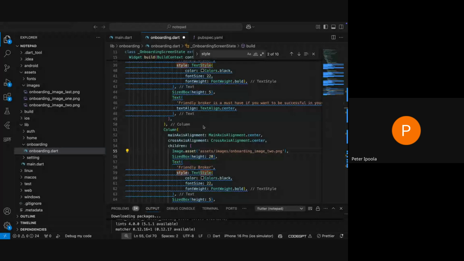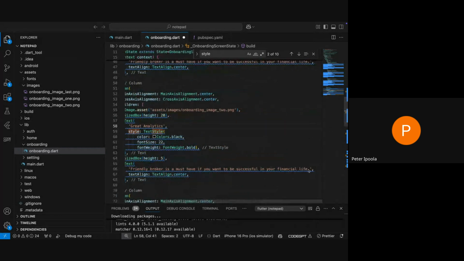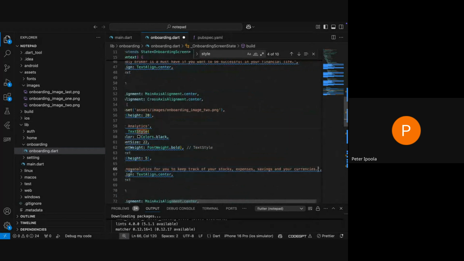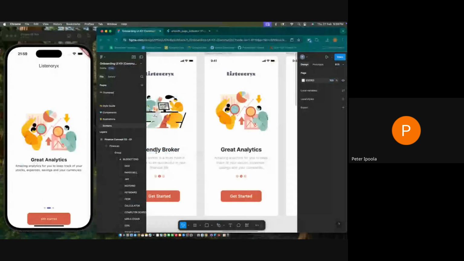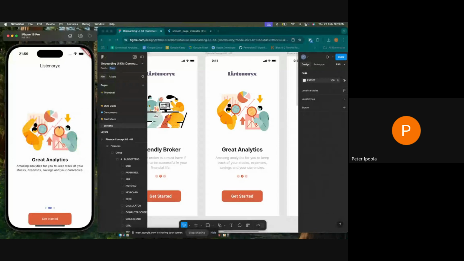Let me just copy that. Then I'll do this, right? Then the text is amazing. I'll just copy this. So once I save this now, right,